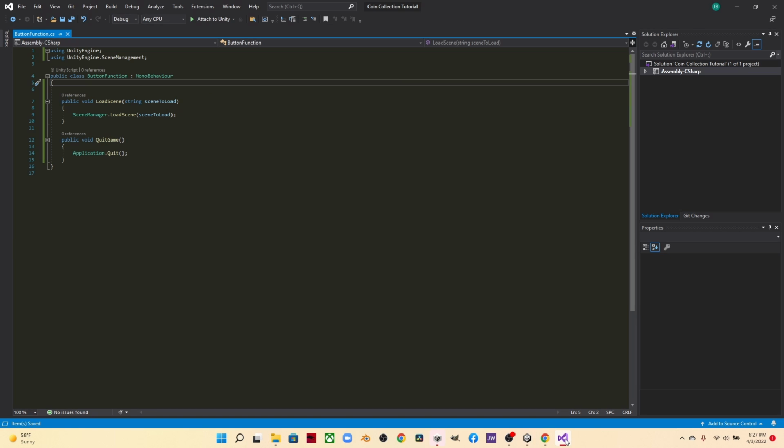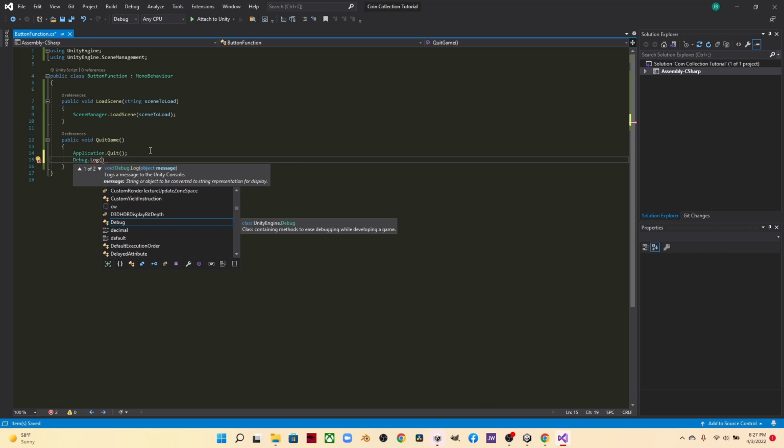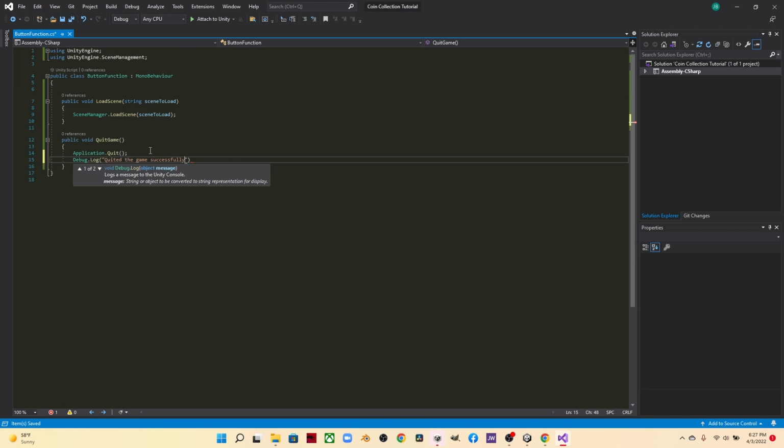Quit game. Now, because we do not have a way to see if it's actually working with quit game, although I know Application.Quit works, in certain instances when you're writing code and you want to test to see if something works, you'd simply put Debug.Log, quitted the game successfully. And so as you see,